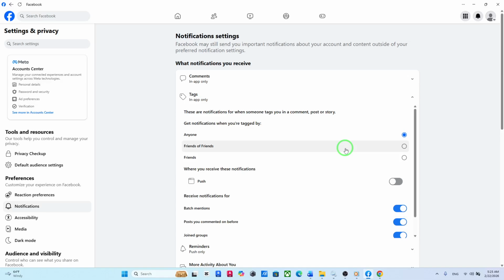You can now close the settings, and from this point on, anytime you get tagged in a post, photo, or comment, Facebook will alert you right away. And that's it. You've just enabled notifications for tags by anyone on the Facebook app for PC using the latest